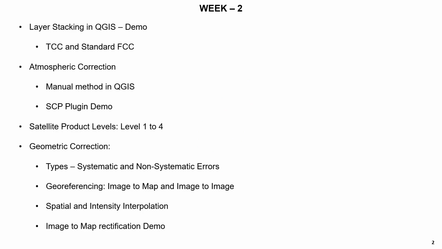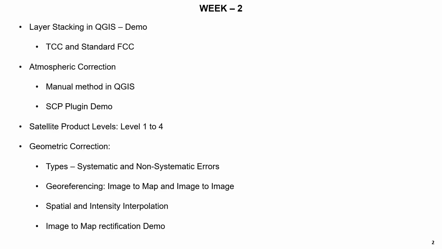Okay. In the last week, we saw the different sources of errors and their corrections. First, we saw what is meant by layer stacking, and what is meant by true color composite and false color composite. Then I think in this week, the professor would have told about the standard false color composite. I hope the explanation would be clear to you by this time. And then we saw what is atmospheric correction, and in the atmospheric correction, we saw